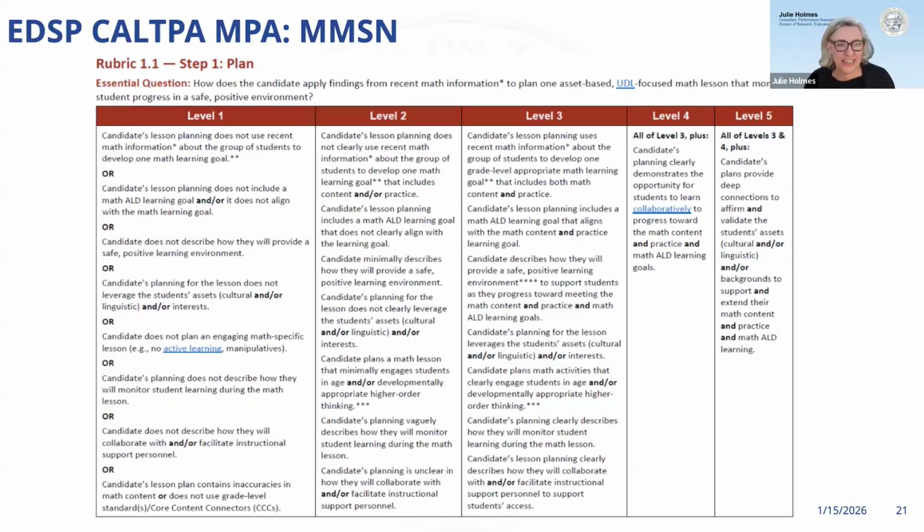If a candidate is teaching in a combo class, let's take, for example, 4th through 6th graders. They do not have to pick 4th, 5th, and 6th grade standards. They need to select one state standard based on the student population that they're teaching. So if they're teaching 4th through 6th graders and the candidate has gotten to know these children very deeply and feels as though using the 5th grade standards would be in the best interest of this population of students, then they can use that as their basis for the rest of the MPA.